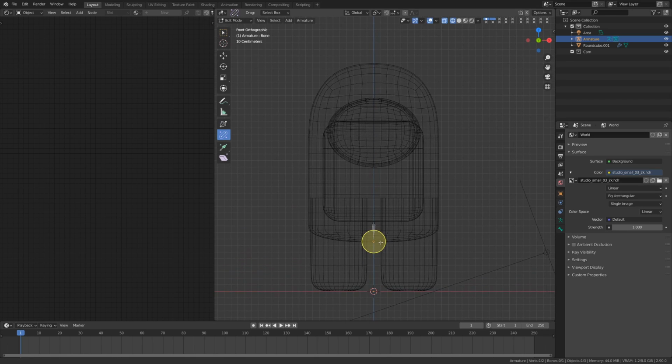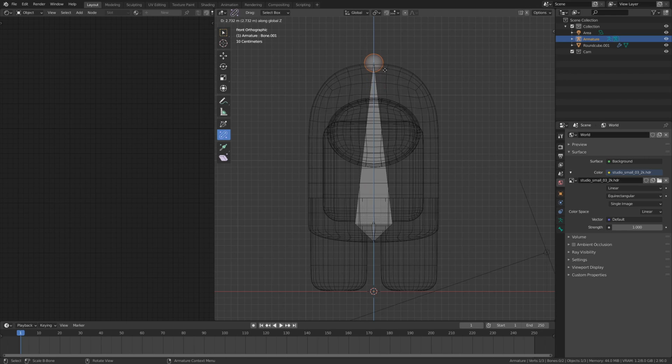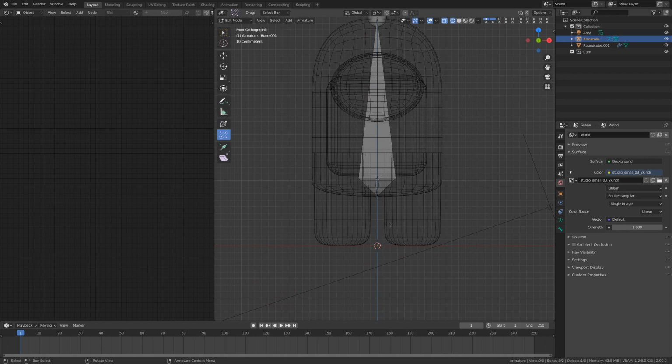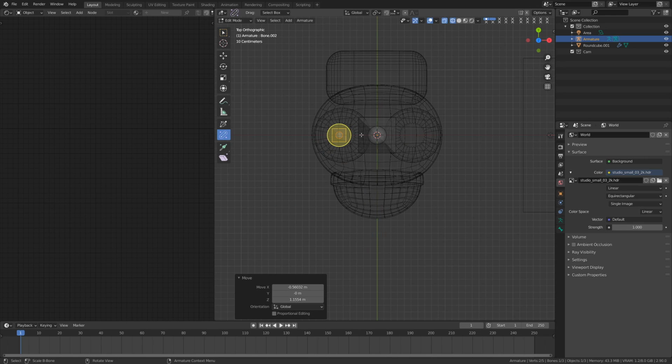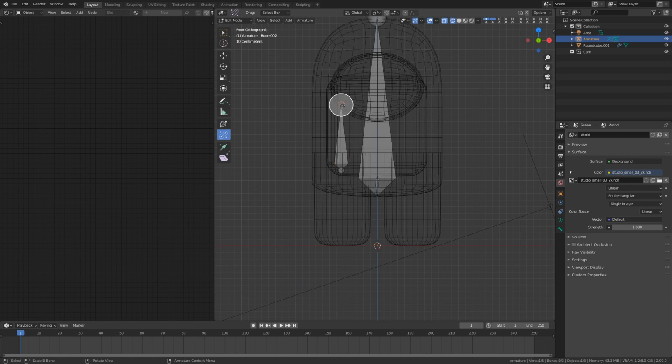I'm going to grab this bottom one, and then I'm going to extrude that up all the way to the top of our character. I'm going to hit Shift A, that will add another bone. Then what I'm going to do is grab this bone, I'm going to bring it over here, and I'm going to bring it somewhere up here towards the top of my leg. I'm going to go into my top view, make sure that it's centered in the middle of that leg there. And then I'm going to come down here. I'm going to grab this top piece here, lock it to the Z axis,